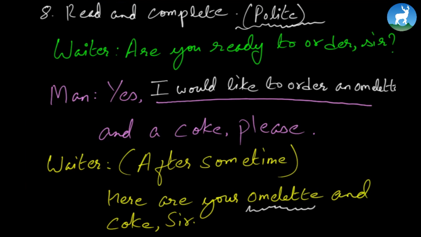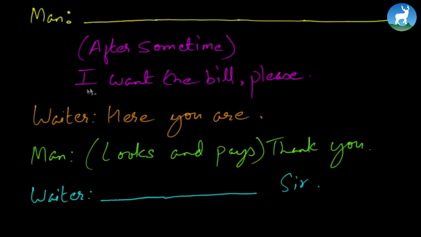And the waiter comes after some time. He takes the order. He comes after some time. Here are your omelette and Coke, sir. Man: What do you think the man must have said? Thank you. All right, thank you for bringing me my food. He eats in the meantime, and after some time, he asks for a bill. Waiter: Here you are. Man looks and pays. Thank you again. Welcome. All right, and of course, the waiter is likely to say, you're